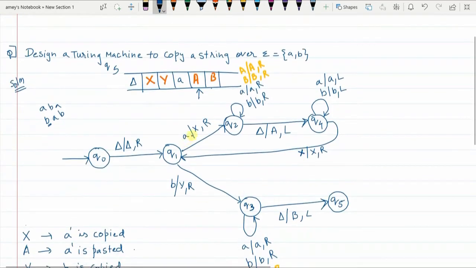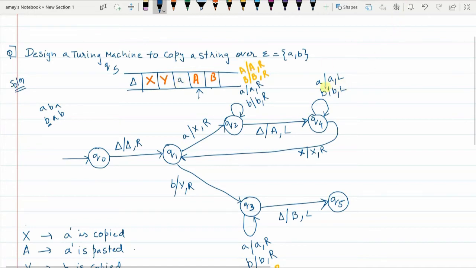Now you see, pointer is here, no? So now I should go to the left, ignoring everything that comes on the way. Now what can come on the way? In the initial iteration, this iteration was for A, replacing and copying and pasting A. But while coming back in the very first iteration, you only got A's and B's on the way. Now, since we are in the second iteration, you may find capital A's and capital B's also on the way, because these were the pasted values from the previous iterations.